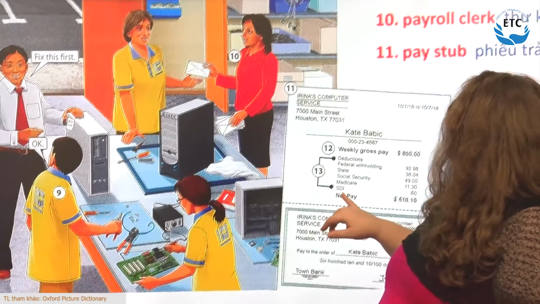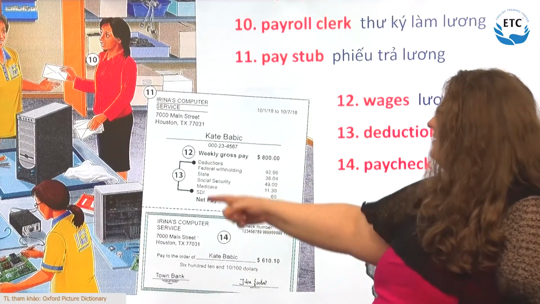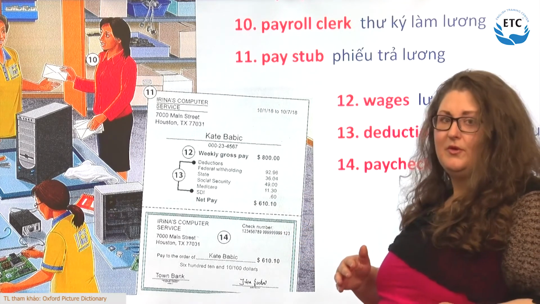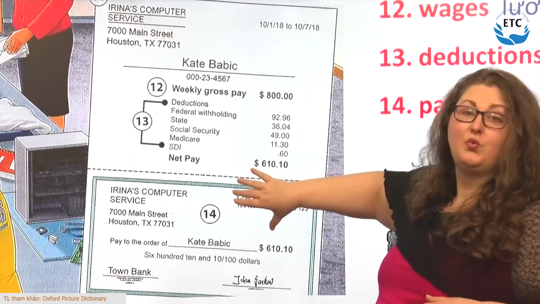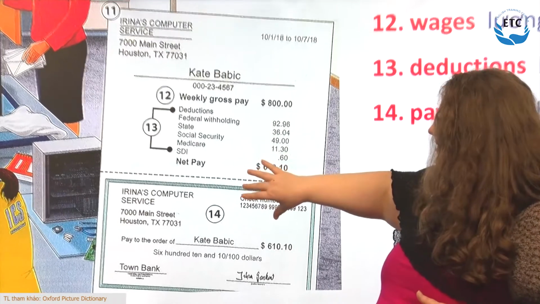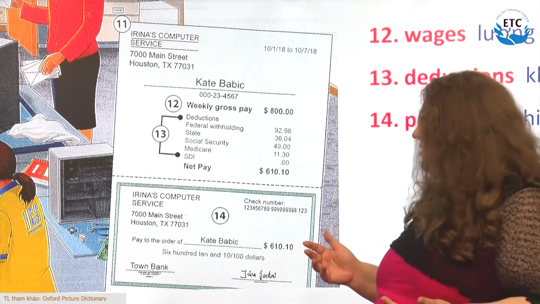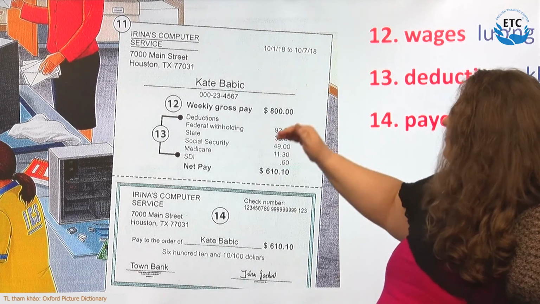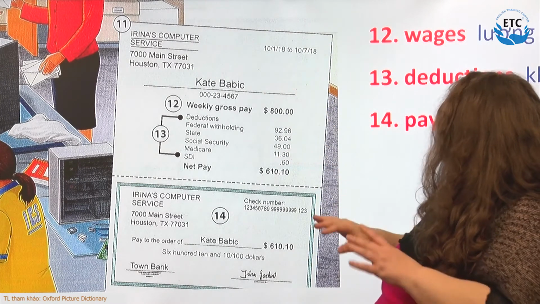All right, now, this is a payroll stub. So in America and some other places, but I really can only speak as an American, as I've never worked in England or Australia or Canada or anything like that. So I'm not sure what their payroll stubs look like. But in America, usually you'll be given a check like this, and at the top, it will have your deductions, all of these things.